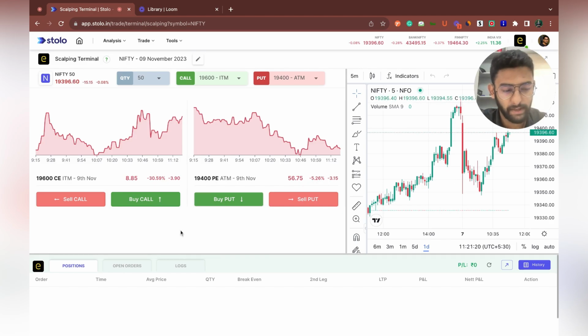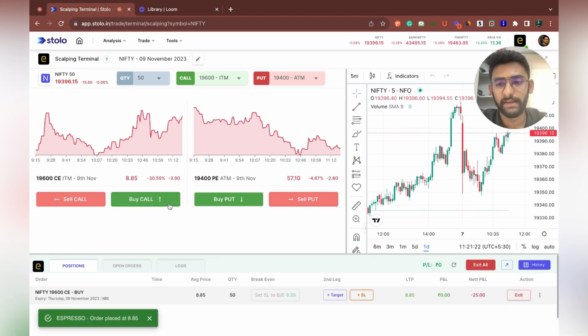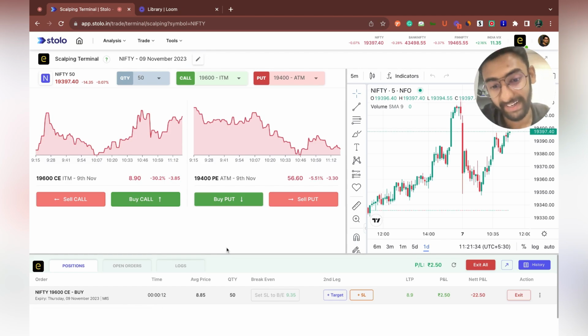I shall just click an up arrow, and you can see a small animation of sorts which shows you that you actually clicked your up button, right? So my mouse was not on it, and it shows you that my keyboard has clicked it, right? As soon as you click it, it places the live order here, and you can see the same order management itself, right? Similarly, you have an exit option, you have an exit all option, and